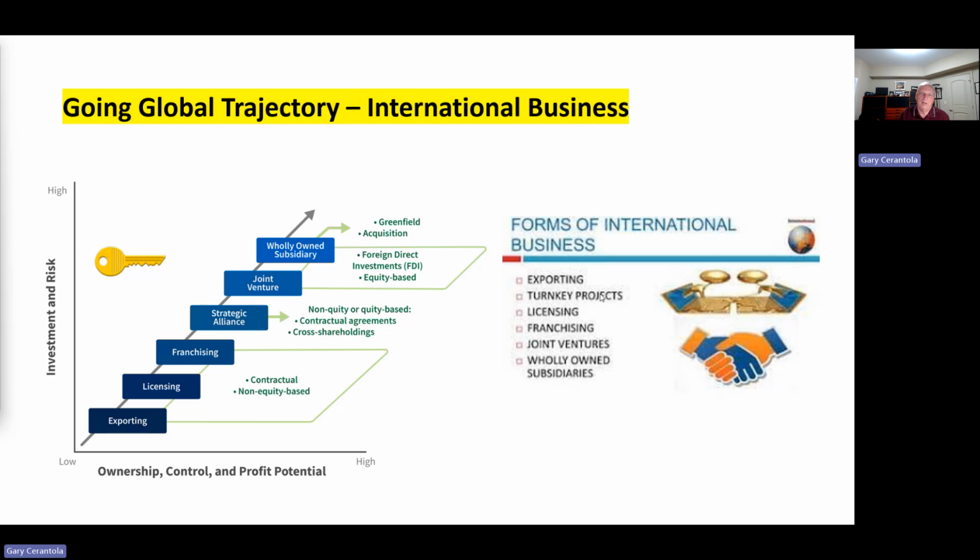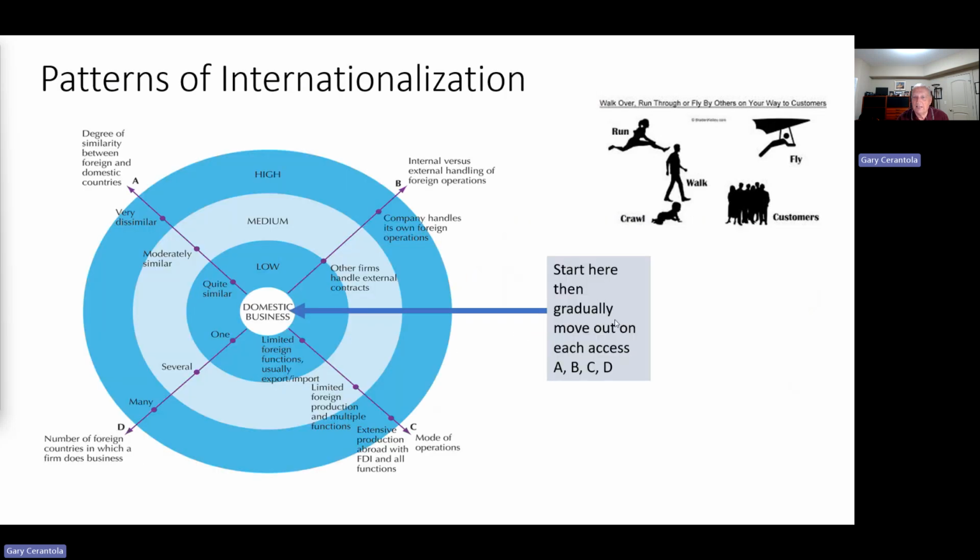Like there's a premier engineering firm in Canada called SNC Lavalin. Well, they're good at building power plants. So what they will do is they will go into another country and they will build a power plant right from scratch. They will recruit the people, they'll train the people to operate that, and they'll hand over this operating facility to the government for one large sum of money. And that's a turnkey, right? They turn it over. And then I talked about licensing and franchising, so we're going to get into that.